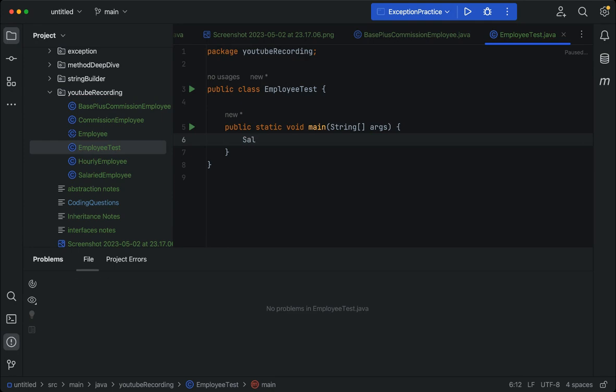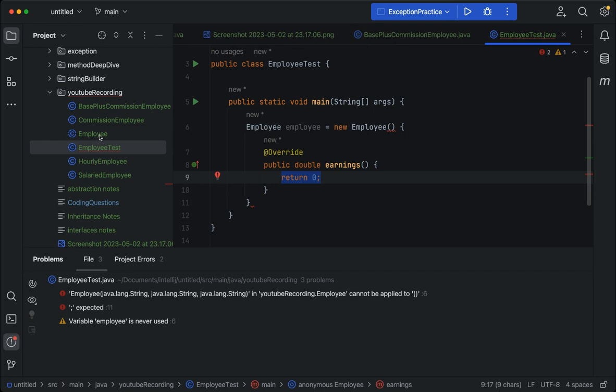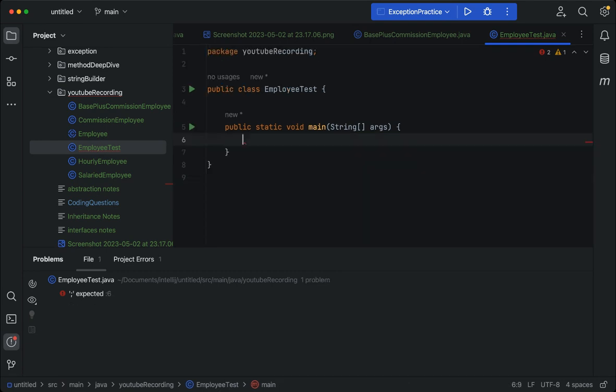Salaried employee. Take note that, like I mentioned, you cannot create an object of the abstract class. So if you try to do that, employee equals new employee, you see here that it gives us an error. Okay, so here what I'll just do is remove this guy, and then I would now call the concrete class